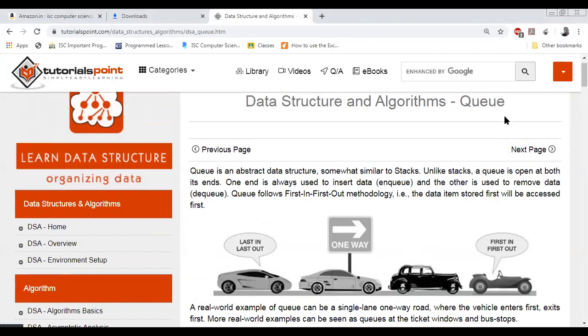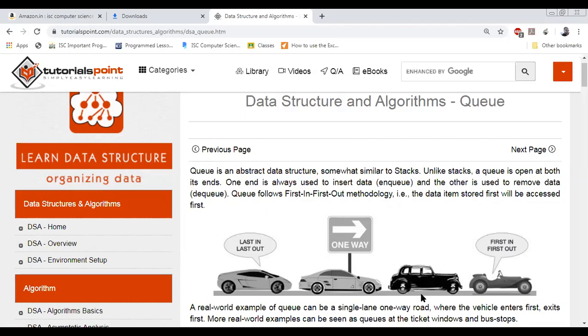Now in the stack, what happens? If you remember what we have discussed, the operation or application of the stack depends upon a pattern or structure called last in first out. Means whoever enters last will come out first. But queue is a little bit different, though the pattern of its implementation is almost the same. The only difference is in its operation in handling the data. Queue follows the first in first out methodology.